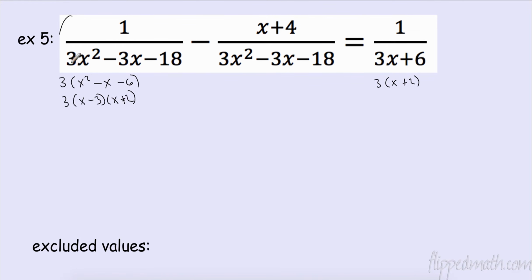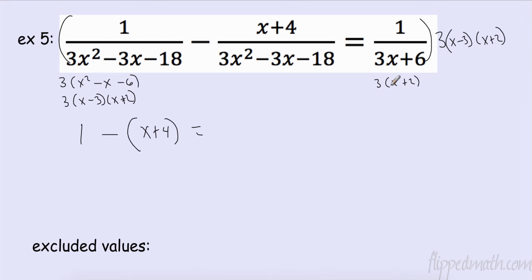So let's take a look. Our least common multiple, there's a 3 in common. I'm also going to multiply by an x minus 3 and an x plus 2. So when I multiply this times this, these cancel out. What's left? 1. 1 minus, now I'm going to put parentheses here. This whole thing times that, that's the same thing. It cancels out. So what's left? x plus 4